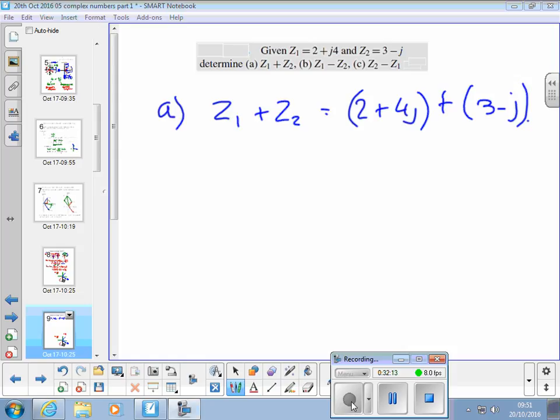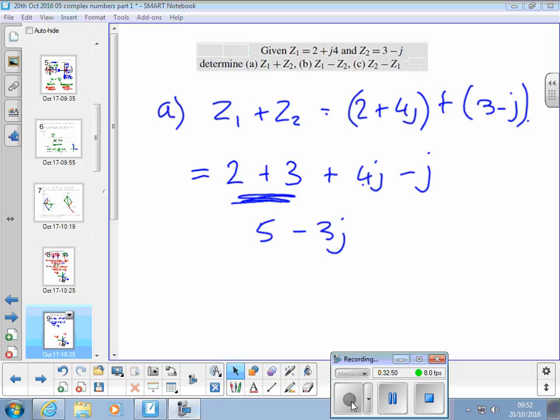Well, I think your best route to this might be to do it this way. Equals. Take the first real number 2, add to it the second real number 3, and then that's plus 4j minus j. And then we simply add these two numbers together to make 5, and 4 minus 1 is